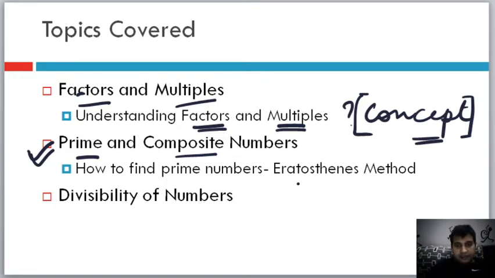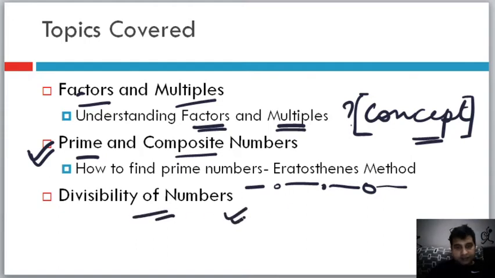And then there is this method, Eratosthenes, I think a Greek mathematician. So in Hindi it is called Chalni method, which basically is a sieve, and in English we call it the sieve method of finding out prime numbers. Basically using fundamental principles, one will be able to find out prime numbers. Obviously it's a time consuming method, but that's the method, and it is covered in the syllabus. When I was in class 6th, I studied it. I was going through the book today, it still is there, so it makes sense to cover it. And then we will talk about something very interesting, which is divisibility of numbers.